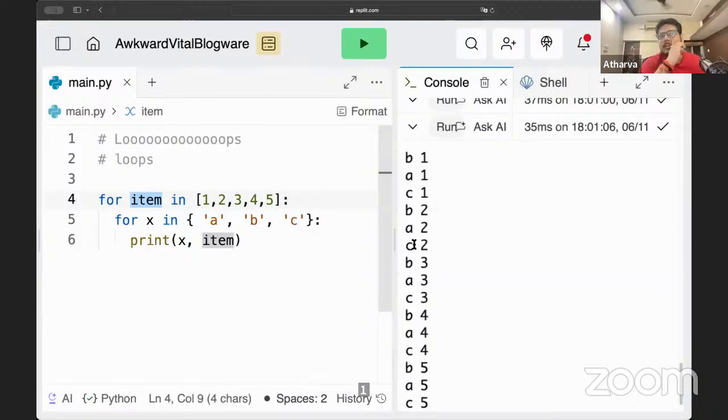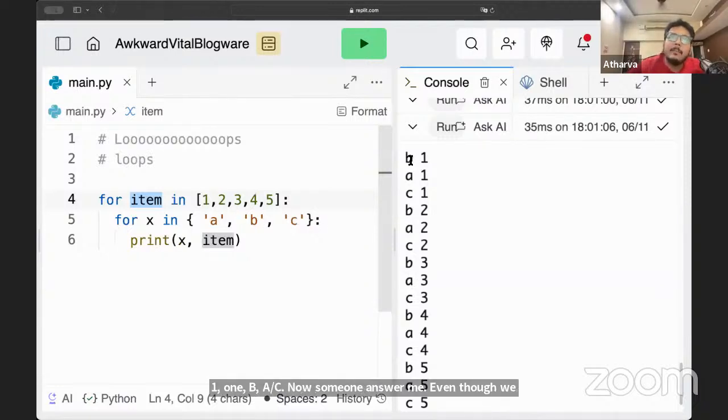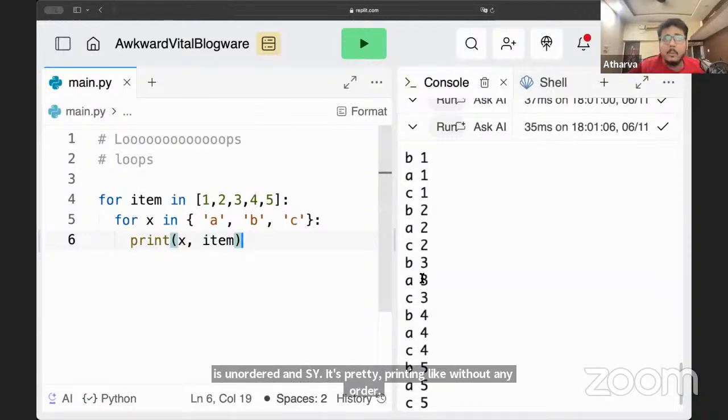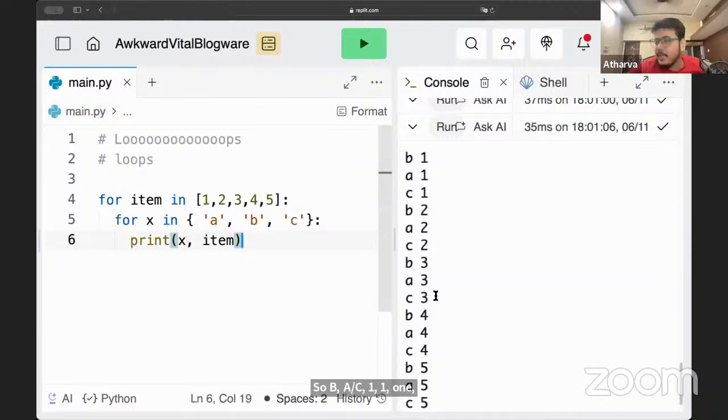Now someone answer me, even though we have written ABC, why is it printing BAC? I have already taught this. Why? Correct. Set is unordered. That's why. Set is unordered, hence it's printing without any order. So BAC 111, BAC 222, BAC 333, and so on.